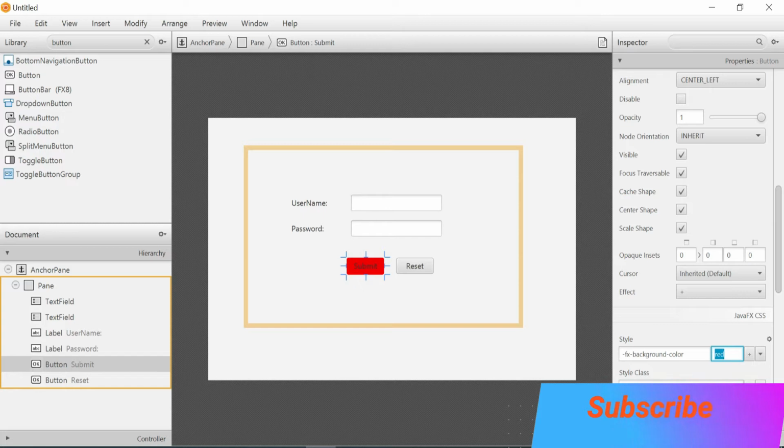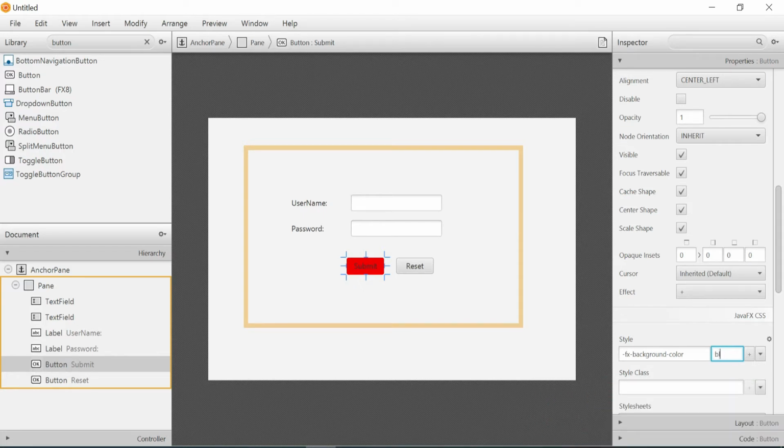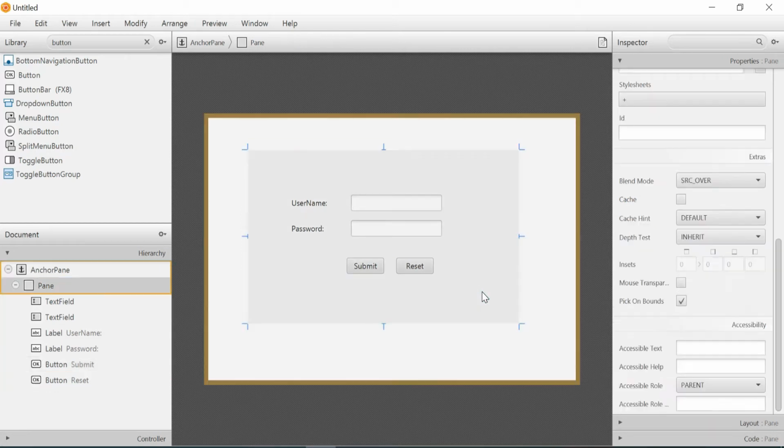I will give it blue. Later we'll see that we can use W3Schools for color coding. That also you can give.